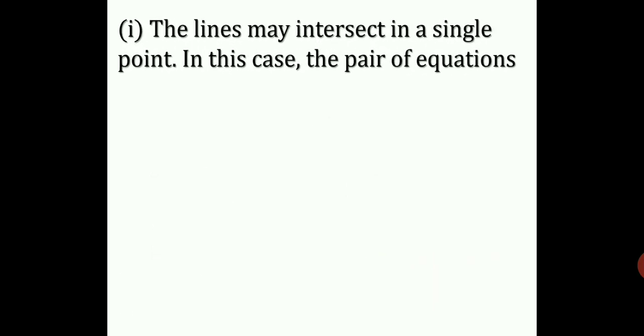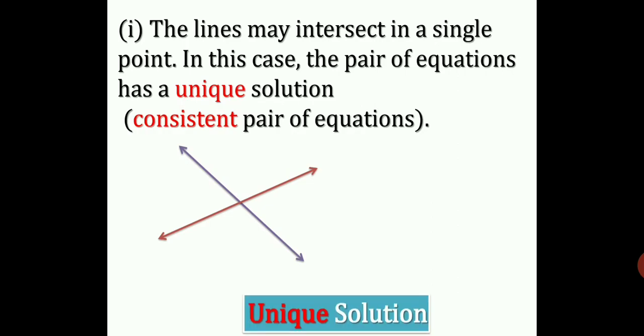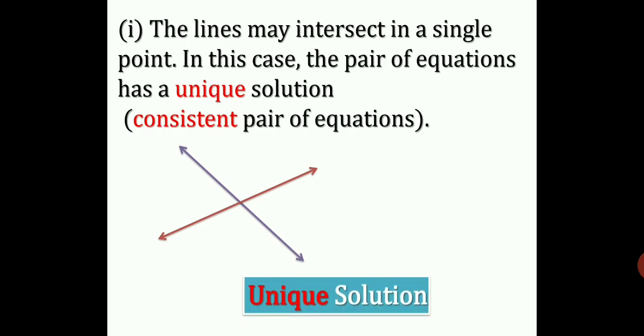And now just check it. The two lines intersecting at a single point, that is a solution, it is called a unique solution. It means one and only one solution, because there is one and only one common point. Unique solution means solutions are there, so it is called a consistent pair of linear equations. Two lines intersecting each other at one and only one point is called a unique solution.